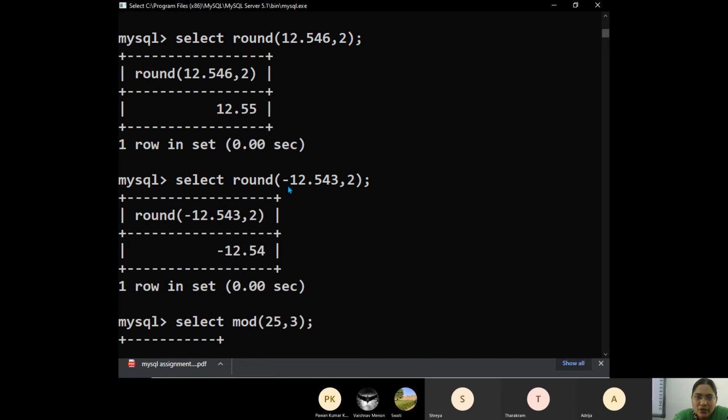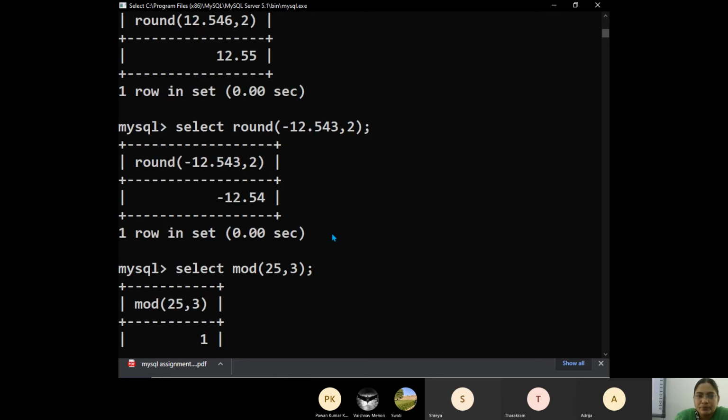Even if it is a negative number, here after comma we mentioned 2. That means after the dot, whatever the value is, it rounds up to 2 decimals. So 5, 4 and the next value is 3. 3 is smaller than 5, so that will not affect the previous 2 digits.